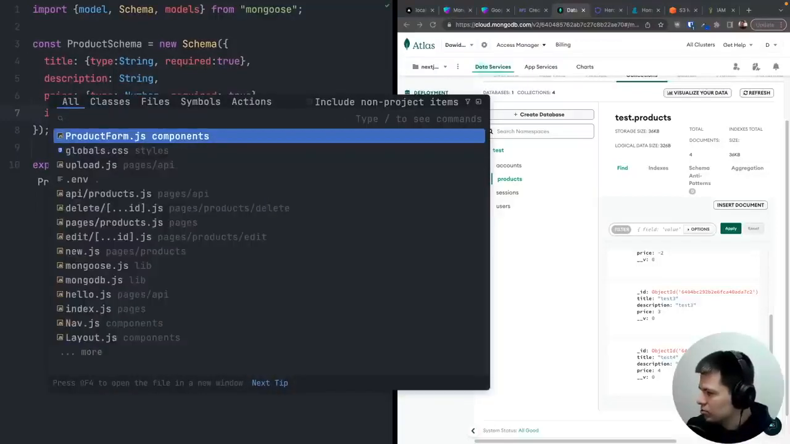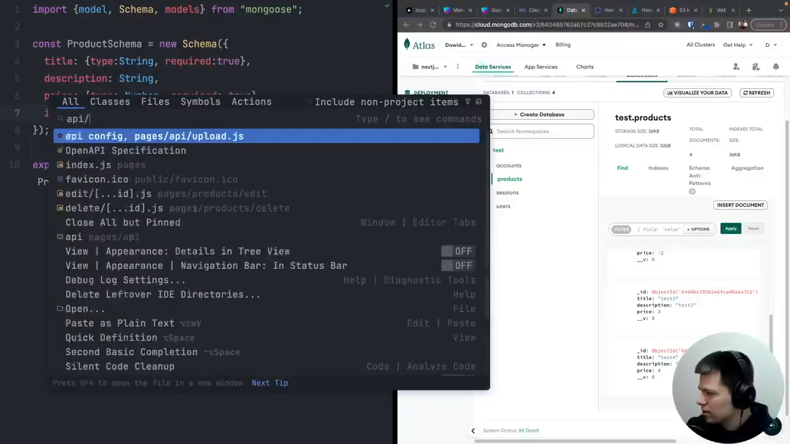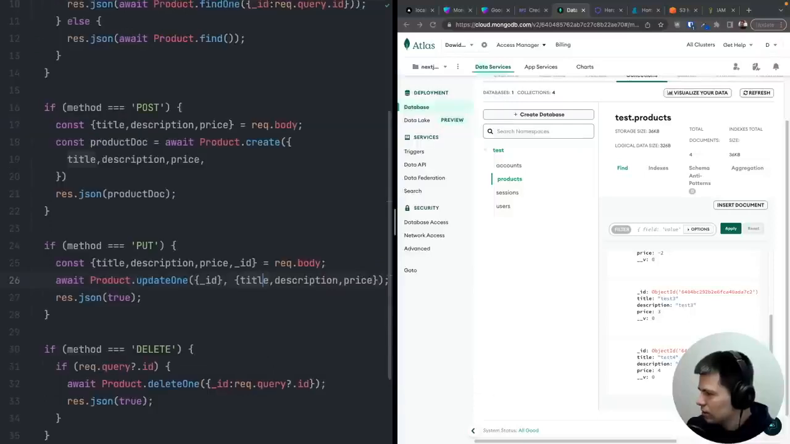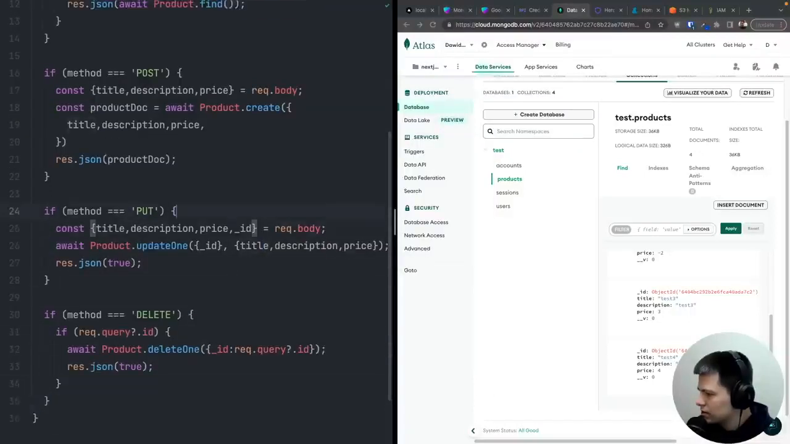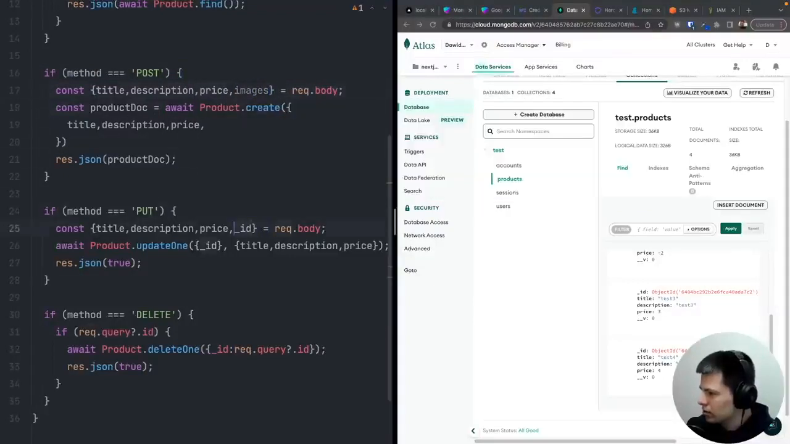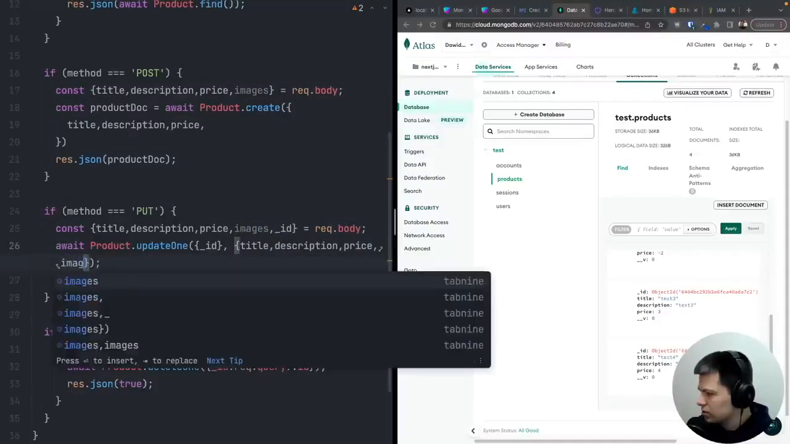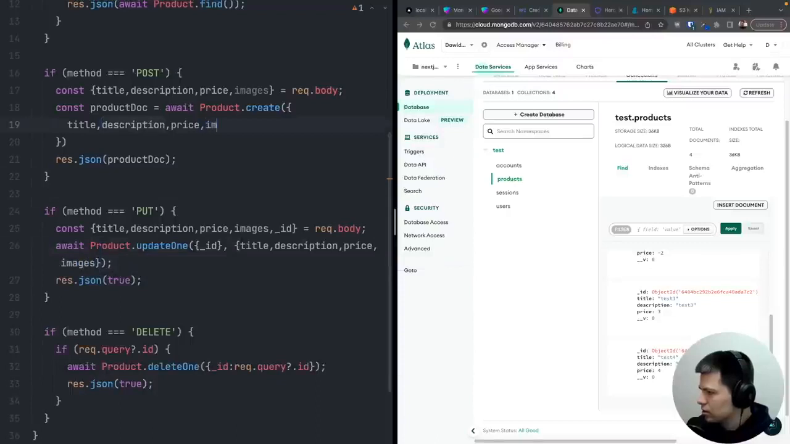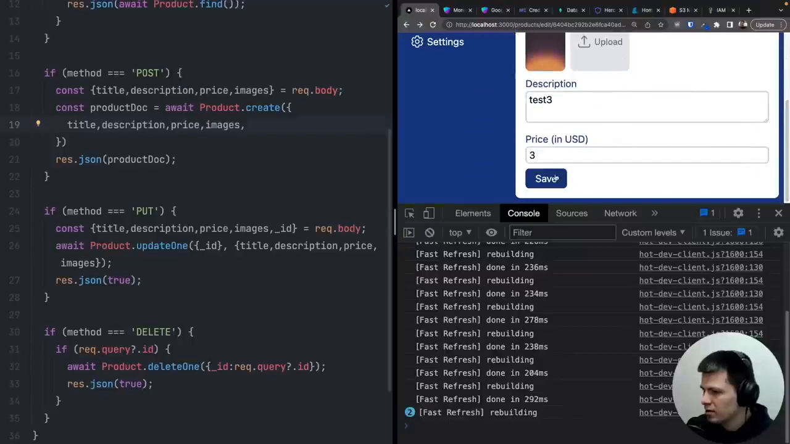But now let's go to our API/products. And here where we are creating product, we need to grab images here. And we need to grab images even here, right? And we just need to add those, right? So let's do images here and the images here, and let's see if this will work. So now if I hit save here,